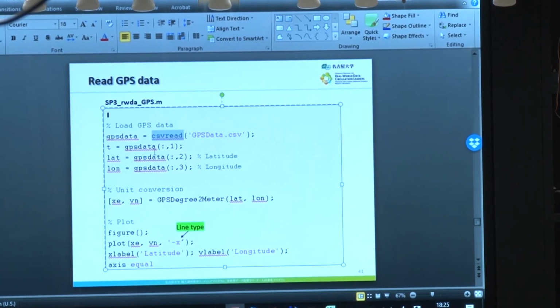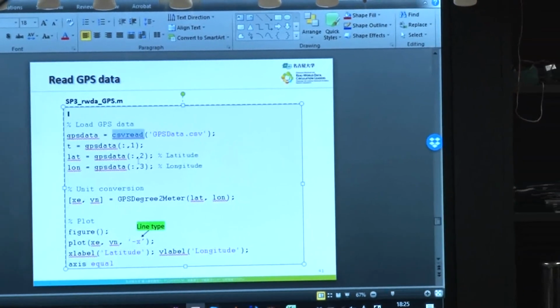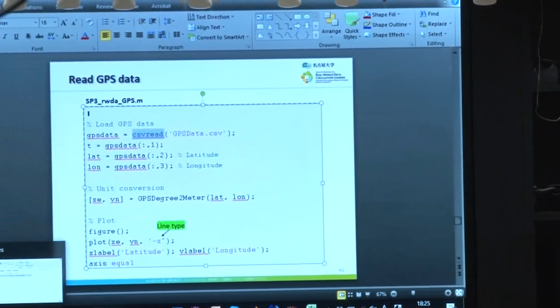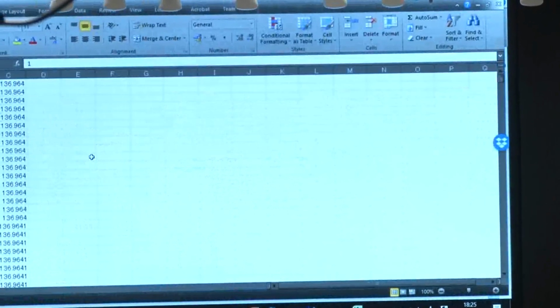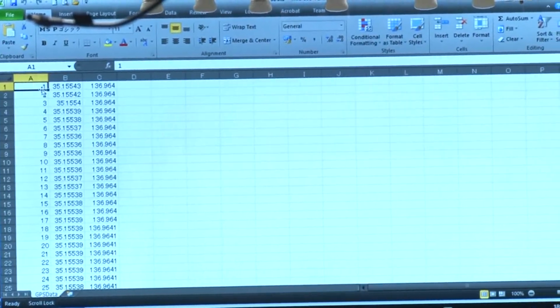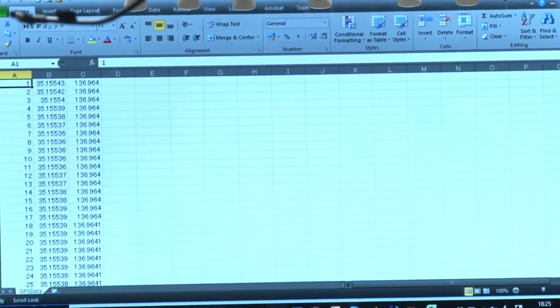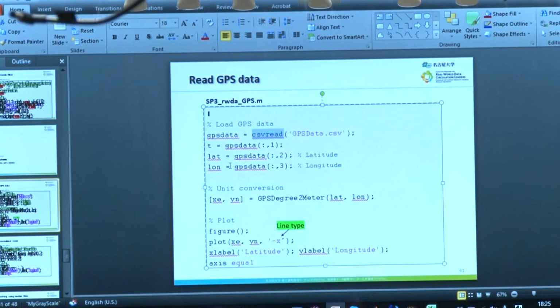So there is a timestamp. So this GPS data that I give you is a little bit formatted. So if you look at this GPS data, it's like this. There is a timestamp, longitude and latitude is like that. So it's different from what I show you as a raw signal. And then I also give you one function in the data I gave you in this link. Is a GPS degree to meter, because